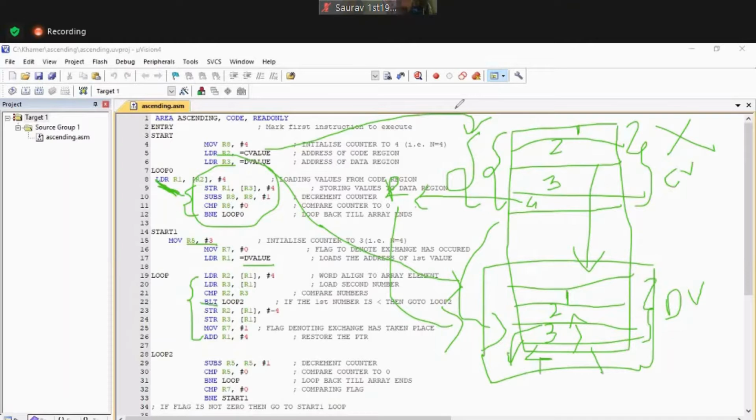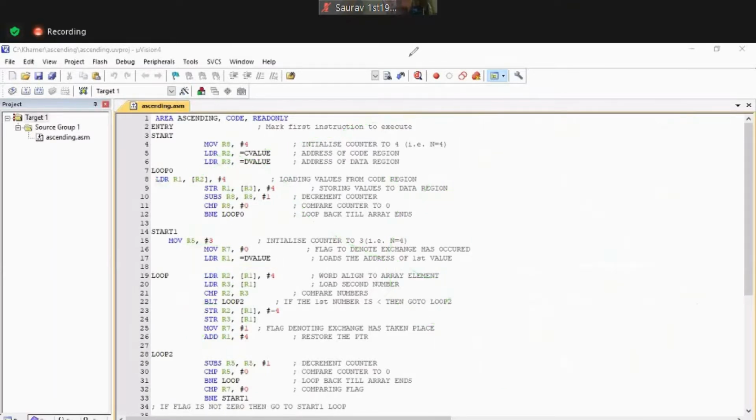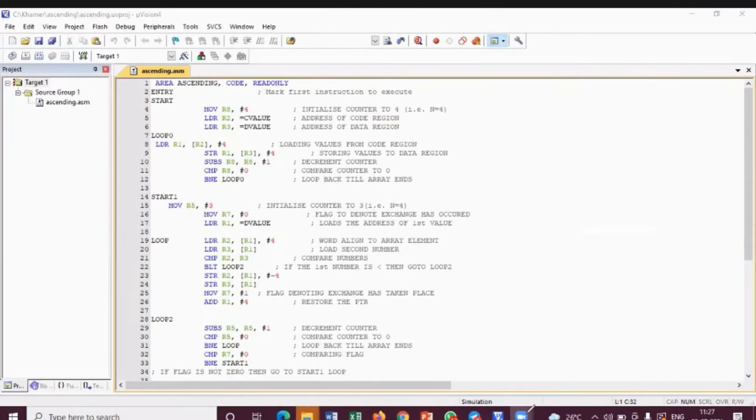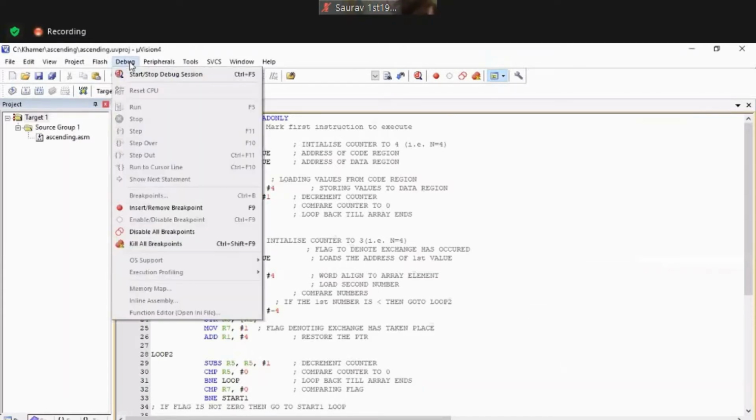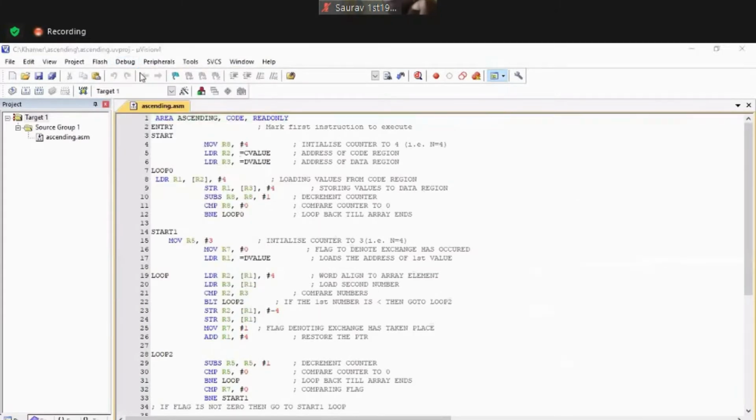So now we will start with debugging. Now we will see the program output, then you will understand it better. Okay, so we will go now. Where is it? One second. I hope you know all the procedure, right? How to make a folder and save the program, all of this you know. So, start and stop debug.